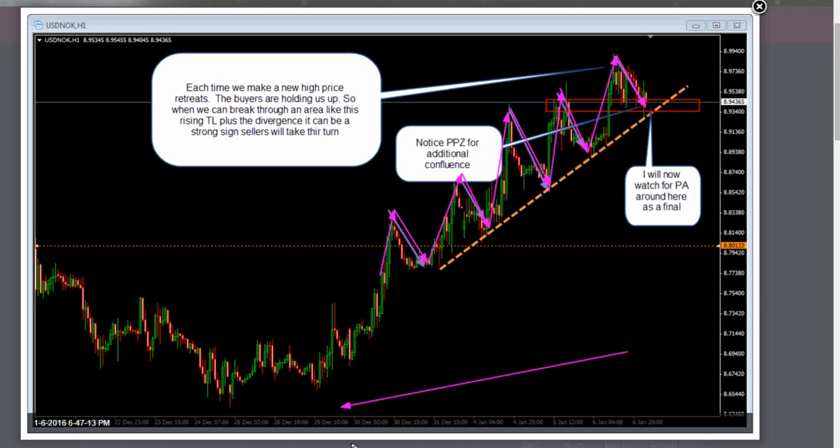I'm just simply not using an indicator, which again, you can read more about in my tutorial section on how to spot divergence without an indicator. So when this area here can break, when we can get under this area here, it's likely that the sellers are going to take charge.